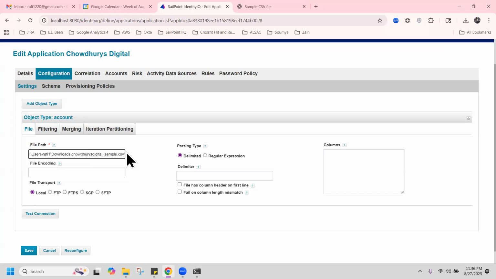Now you know that this is a delimited file. So here the delimiter is a comma. In the delimiter value, you need to provide a comma over there. Let me use my annotation here. We're telling SailPoint that every time you see a comma, a new value is starting. Correct. So here you can see file has column headers, which basically means that in the very